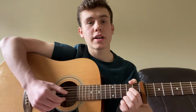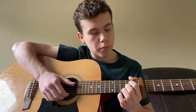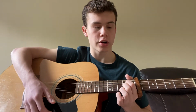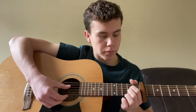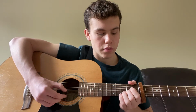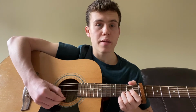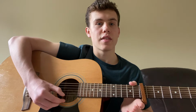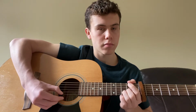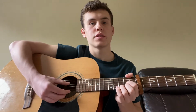and then how I play the next part, I think it's a little easier than how it's actually played, but it sounds pretty good, I think. You put your pointer finger on the D string of the 2nd fret, and then your middle finger on the B string of the 2nd fret, and then you strum those strings, then open B, and then you play B on the 2nd fret, and then B on the 3rd fret, and then open E. So in all, it's